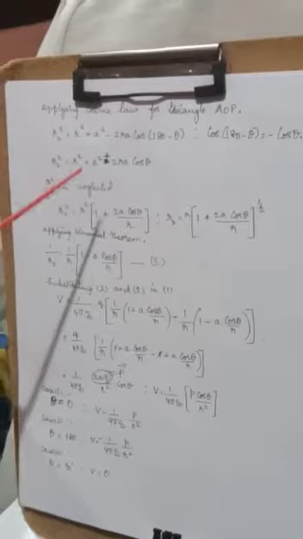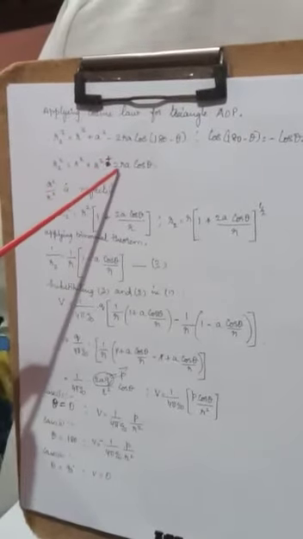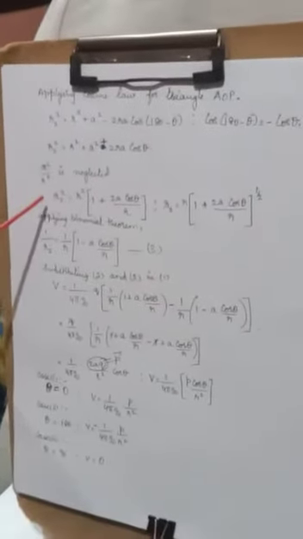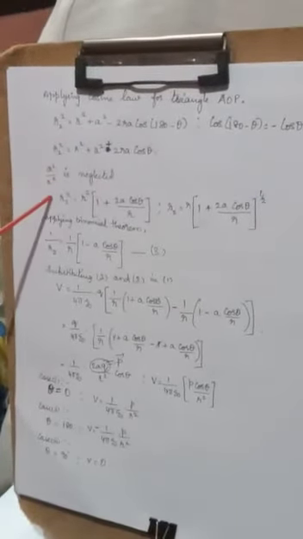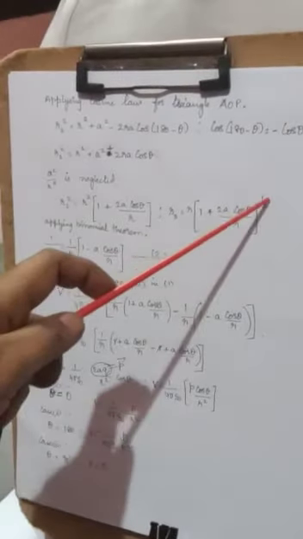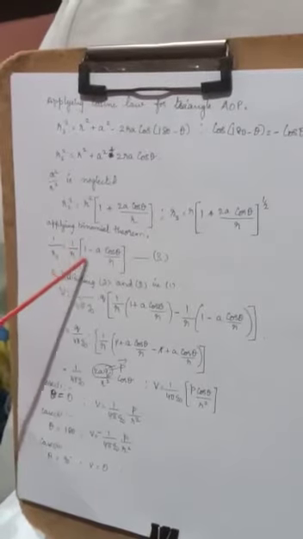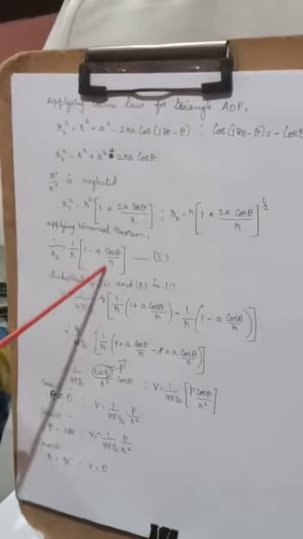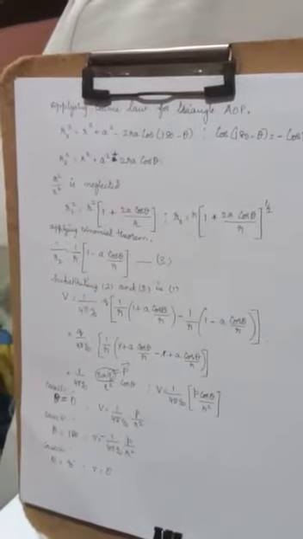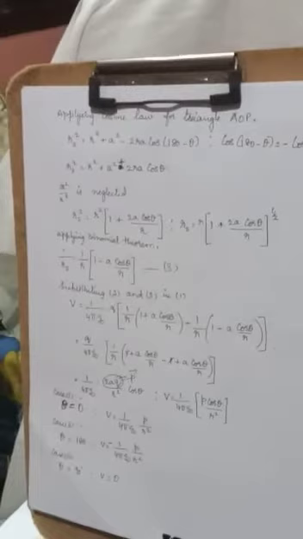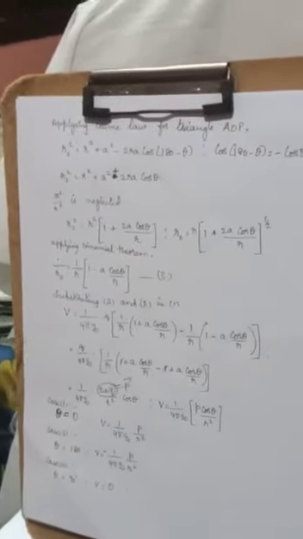So what will happen naturally, in the place of minus you will have plus. There you had minus 2ra, here you will have plus 2ra. All the other things are the same, where in the next step you will neglect a square by r square, and then power half, then applying binomial theorem, you will have your 1 by r into 1 minus a cos theta by r. There you had 1 plus, here you will get 1 minus. So I have found out what is 1 by r1, what is 1 by r2.